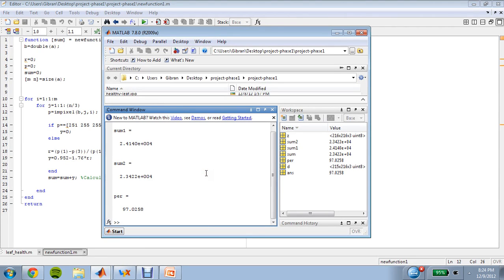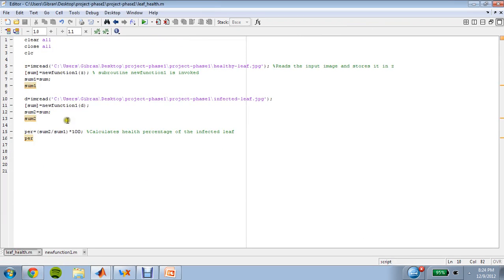In establishing this golden rule or golden ratio, there is no mention of the green pixel value. Now this is the output which we see. This is the workspace where all the matrices were established, and the sum1 which we had obtained, as you can see in the main function,